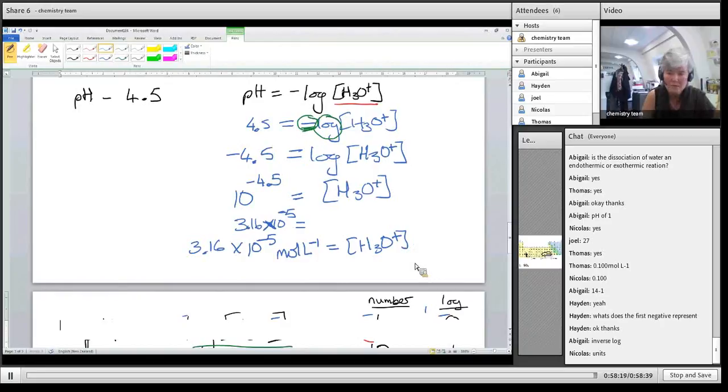Okay, and you do that for any given pH. You could work out the hydronium ion by doing the inverse log. So first transfer across the negative and then do the 10 to the. Okay, time's up. And as I say, I would love to have some feedback